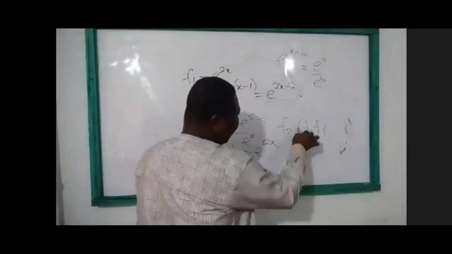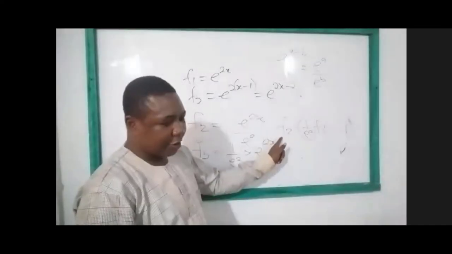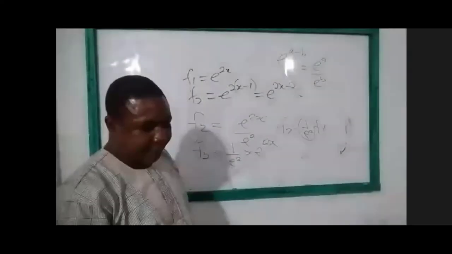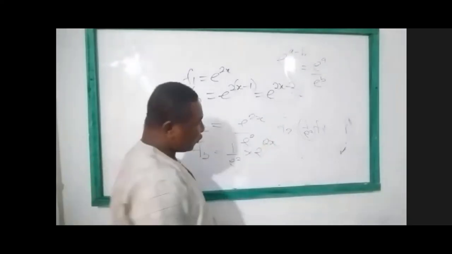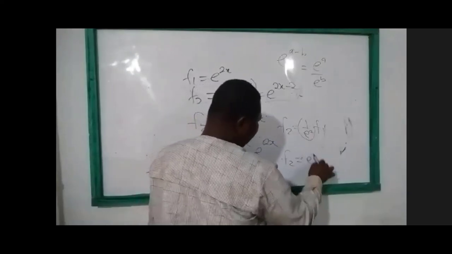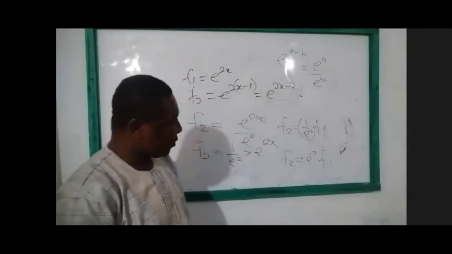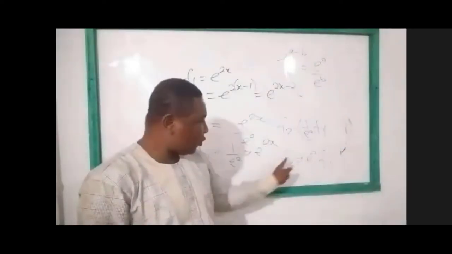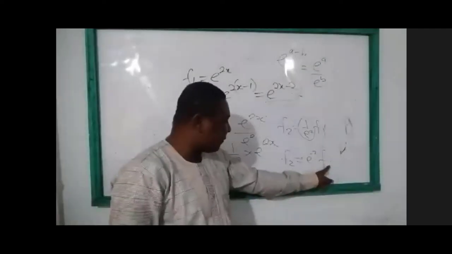So this whole thing here, as he was saying, once you can express one of the functions as a scalar multiple of the other, then you conclude that the two functions are linearly dependent. So this one is a scalar multiple: f of 2 is e raised to the power minus 2 times f1. So this e raised to the power minus 2 is a scalar. So once you are able to do this, then it means that the function f1 and the function f2